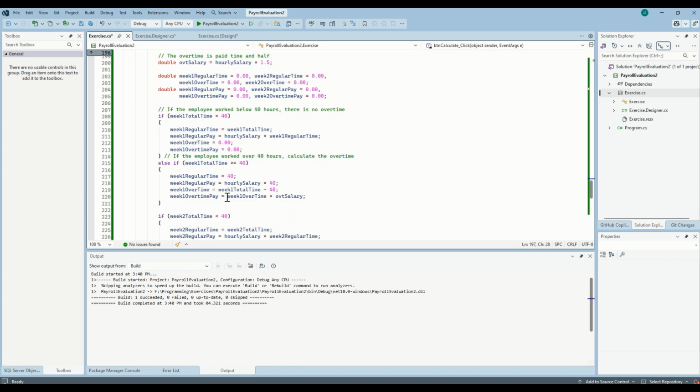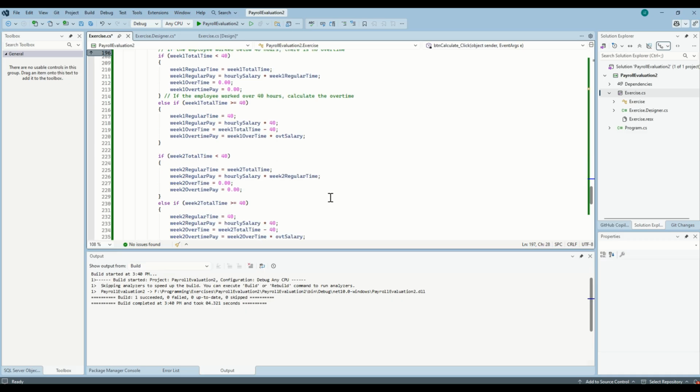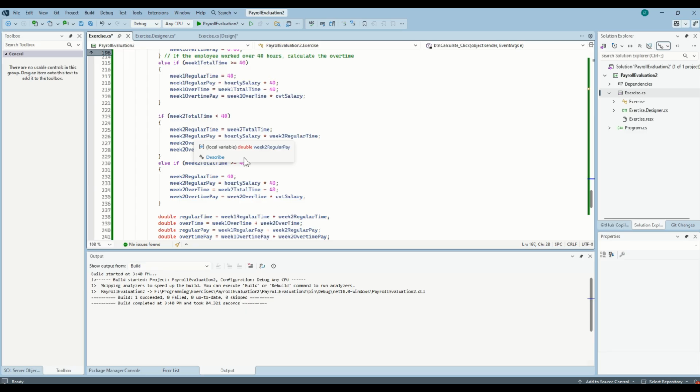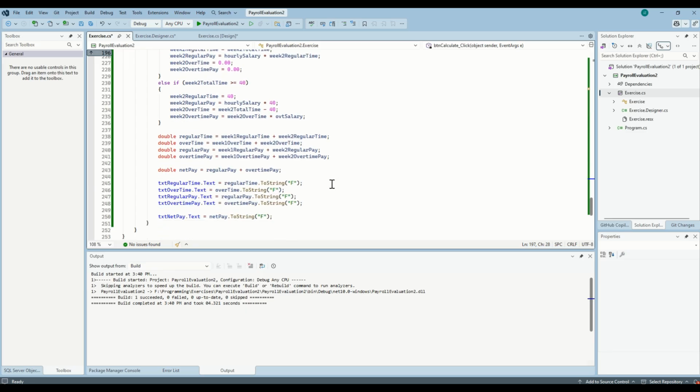The overtime pay for the first week is gotten by multiplying the week 1 overtime to the overtime salary. The calculations are done the same way for the second week. Then to get the total regular time, we add the regular time from the first week to the regular time of the second week. To get the overtime, we add the overtime of the first week to the overtime of